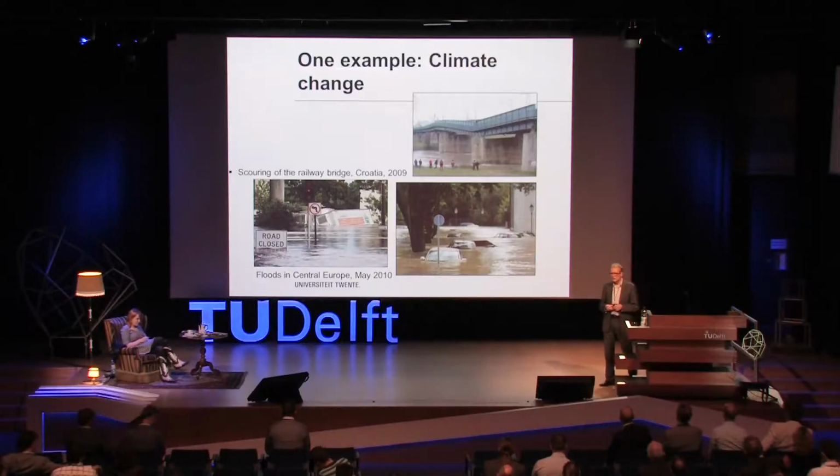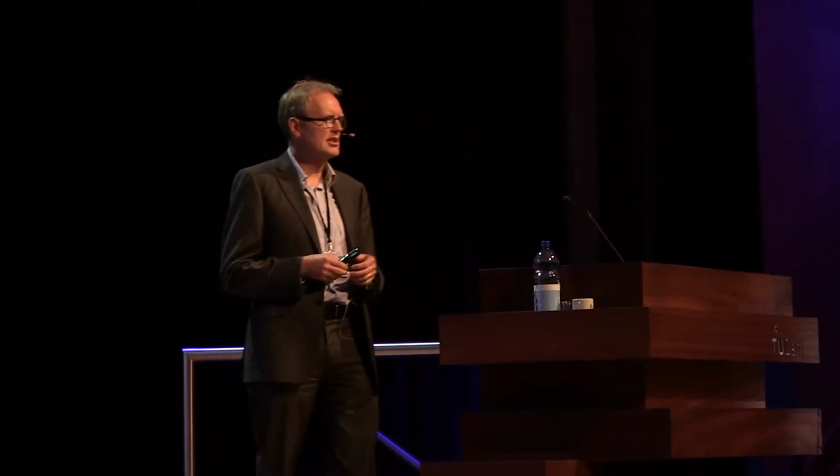But anyway, whether you call it climate change or global warming or whatever, what we do see is that we get changes. And what you now already see in infrastructure, in civil structures, whether it's rail or roads, is that we have a big impact. Scouring of railway bridges, for instance, and floods are happening in Eastern Europe and Southern Europe. I was in a beautiful climate last year, only sun. But we had a couple of days in San Francisco with a lot of rainfall.